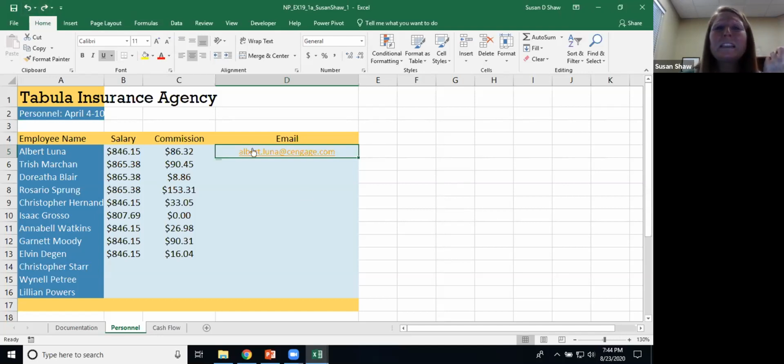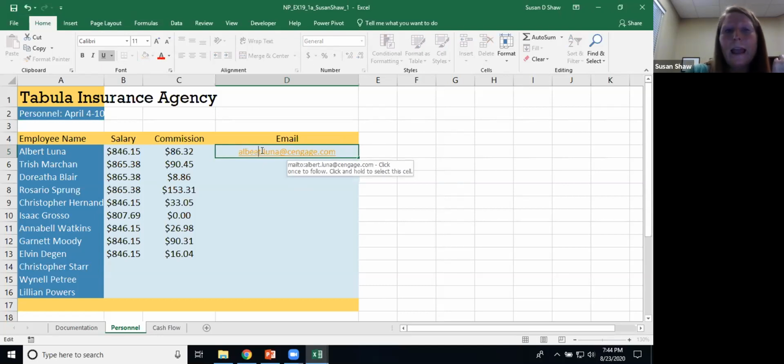If you only needed to delete one section, maybe I made a mistake and I miskeyed part of the name in here, I can move my cursor to just part of this name. Maybe I put an A in there and I misspelled that name. I see a lot of spelling errors in here, and it does come off for spelling on a lot of this. So you've got to pay